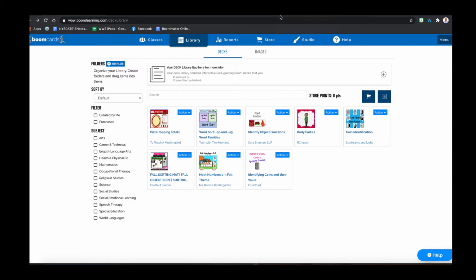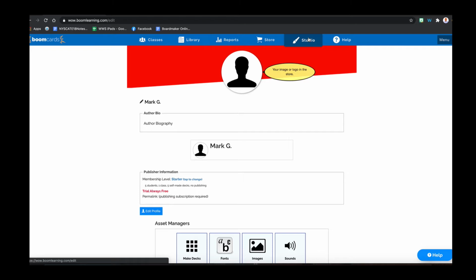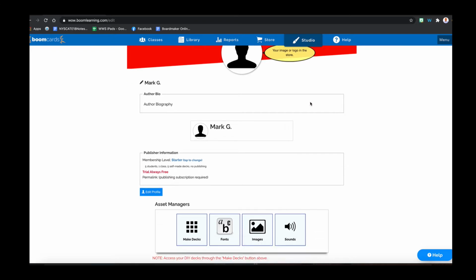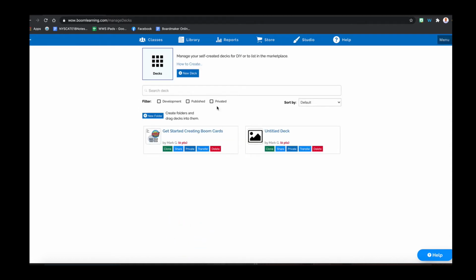So get in there and play around with it. That might be enough for you for what your purposes are. But in order to create, go right into Studio. Okay, and this will bring you to a page that looks like this, and then go to Make Decks, and